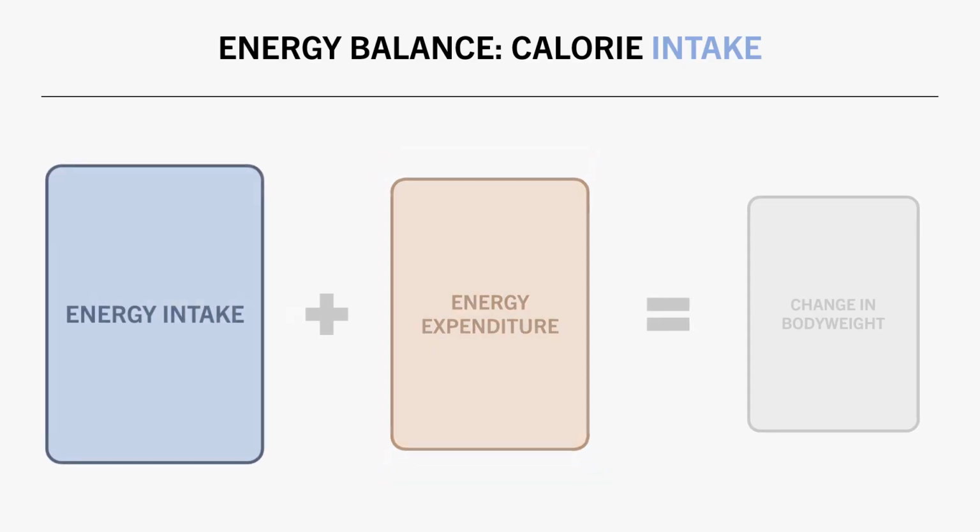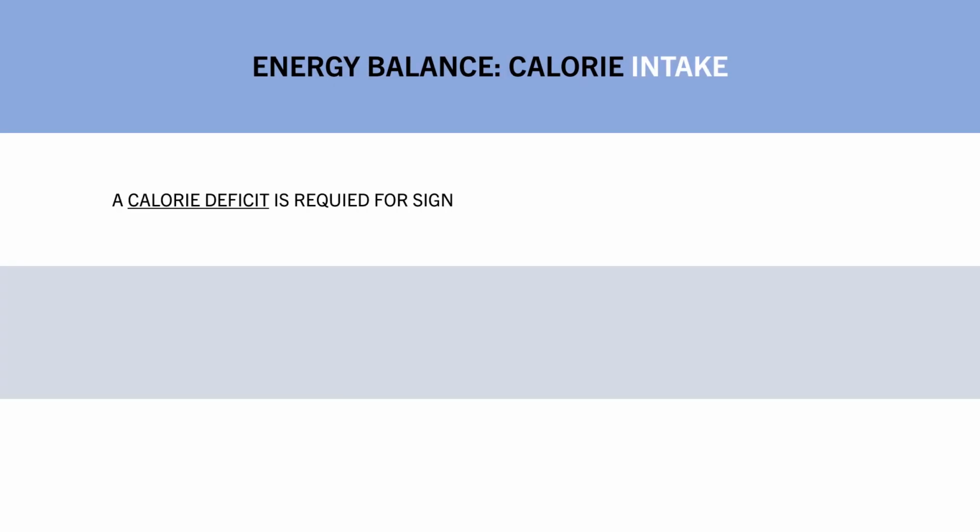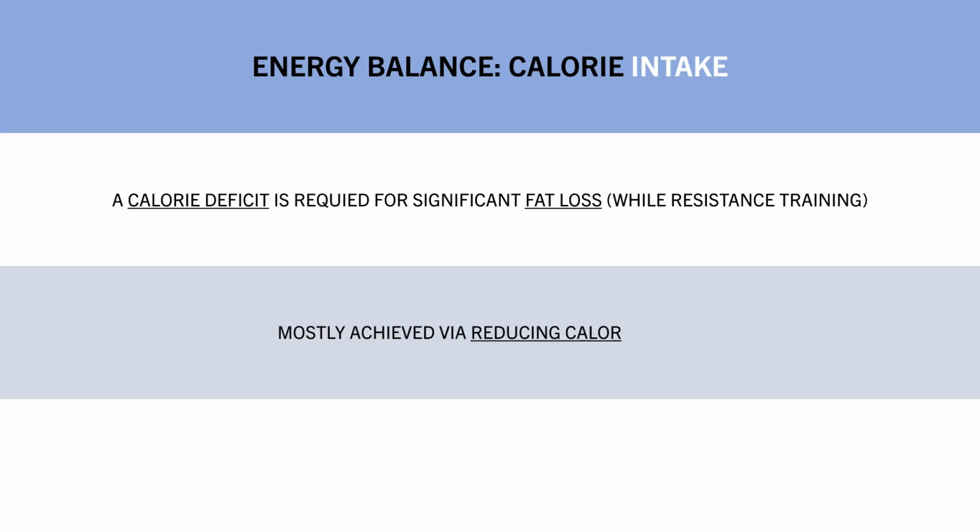But when it comes to energy intake, we can have a much greater impact on the energy balance equation. Eating more or less calories is a true change in energy intake with no compensation. If our goal is to reduce body fat, we usually need to be in a calorie deficit for any meaningful fat loss to occur, while performing resistance training to preserve muscle mass. This calorie deficit can be achieved to some extent by doing more exercise, but reducing calorie intake is going to be a more effective strategy. And in terms of the rate of weight loss, as a general rule, trainees should aim to reduce body weight at an average of no more than 1% of body weight per week to maximize muscle preservation and stay adherent to the diet during the weight loss process.